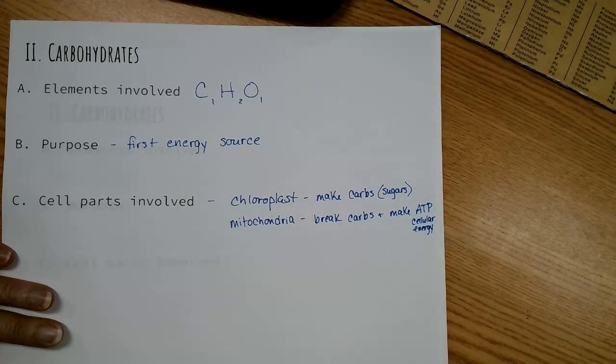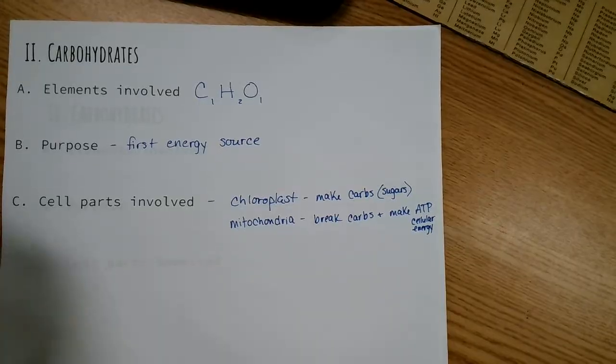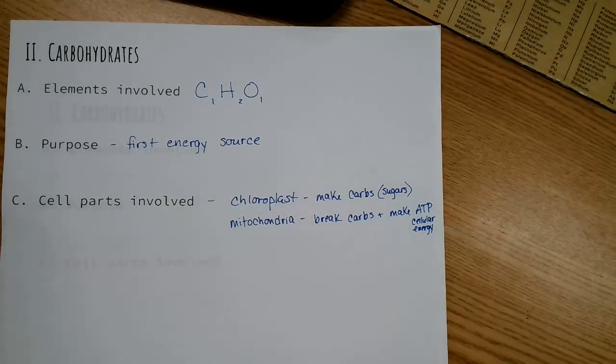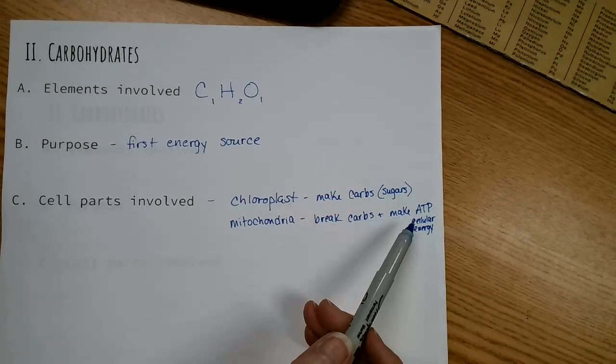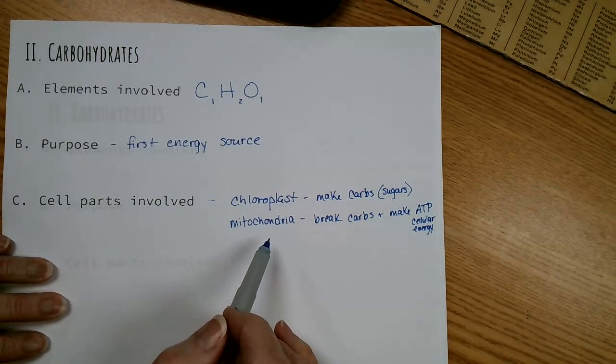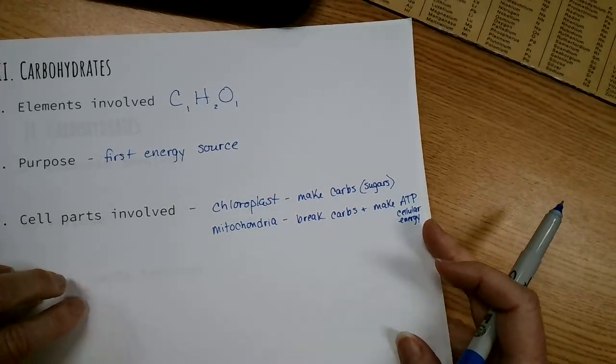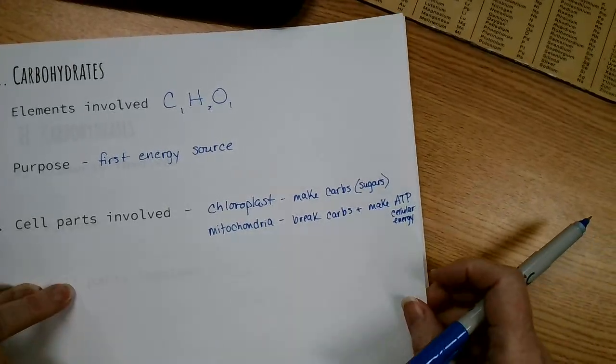Like if you've ever watched Back to the Future, in the second and the third one they have the little Mr. Fusion. They put all this garbage in and it runs at 1.21 gigawatts of electricity. And mitochondria is like that. You put food into your body and it changes it into this form called ATP. Later we'll learn more about ATP, exactly what the molecule looks like. But right now, let's get back to the carbs. Carbs are the food that you put into your body, and the mitochondria break that down and give you your energy. So when we say carbs are your energy source, they sure are. They're going to make your ATP.